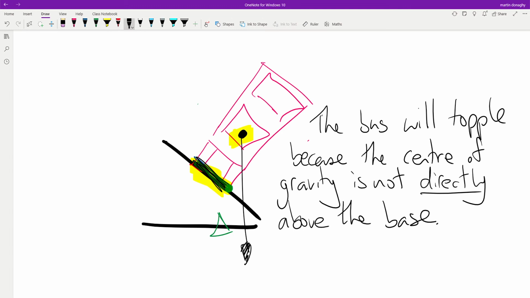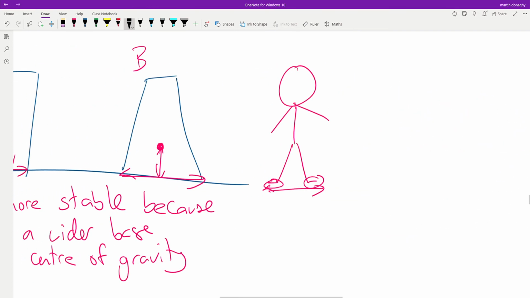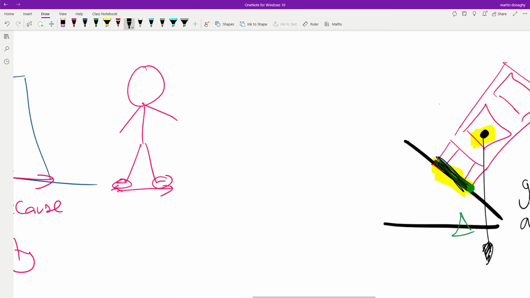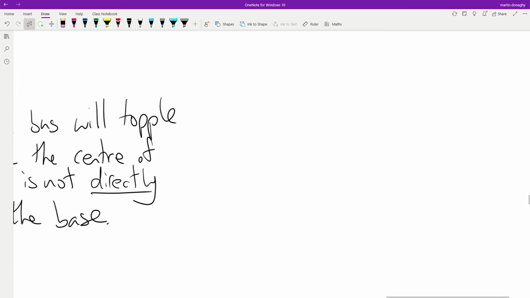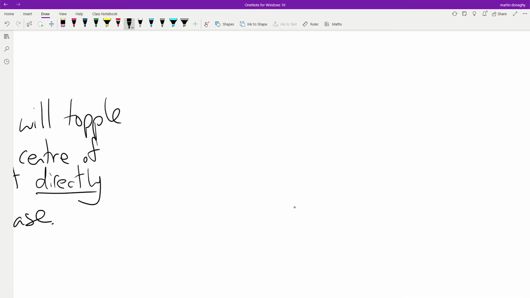So the center of mass or center of gravity is the point where all the mass or weight of the object can be considered to act from. To simplify problems, it allows us to tell how stable an object will be. It allows us to tell if an object will topple over or not. But what we want to look at next is, well, this can be important when we're dealing with moments, because